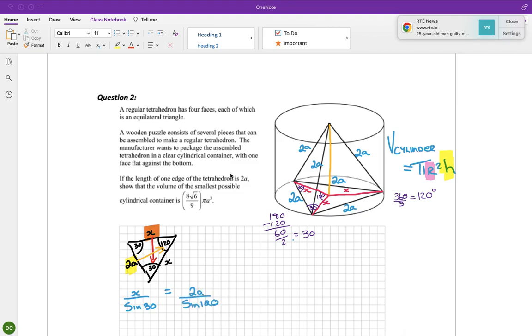And then we're trying to isolate this, so I'm going to multiply by sine 30, which will cancel that out, and then I'm going to multiply here by sine 30. So that gives me the 2a is what it is, so sine 30 divided by the sine of 120. So I kind of want it as a sine 30 bracket over 120. No. Okay, so I need it in surd form because of this. So I'm going to have to use my formula and tables book to get it in surd form. So